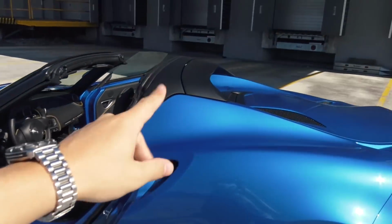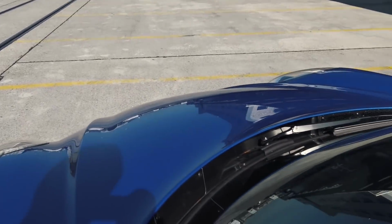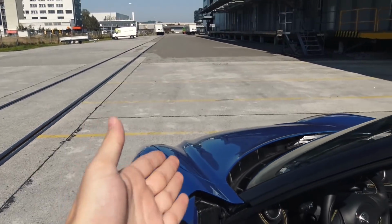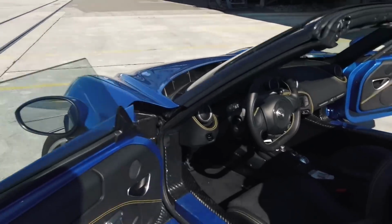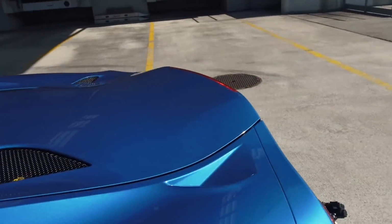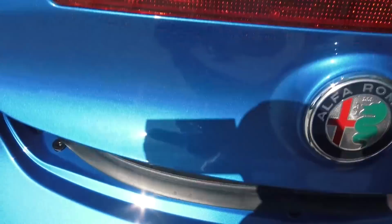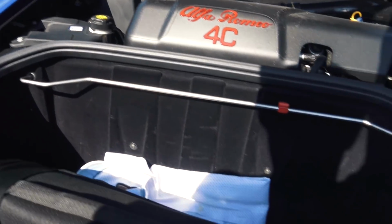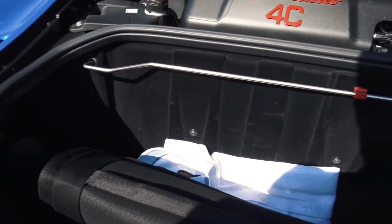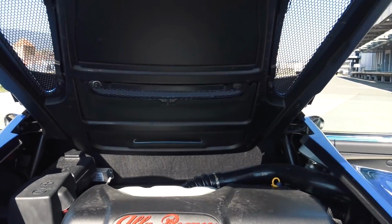So we have the engine in the rear, but we still don't have a trunk in the front, which is mostly usual. Main reason to save weight, of course, but we do have a small trunk, which you can open with this one here. Heading to the back, and then opening the trunk here. Just some smaller space here to get a luggage and of course your roof in,